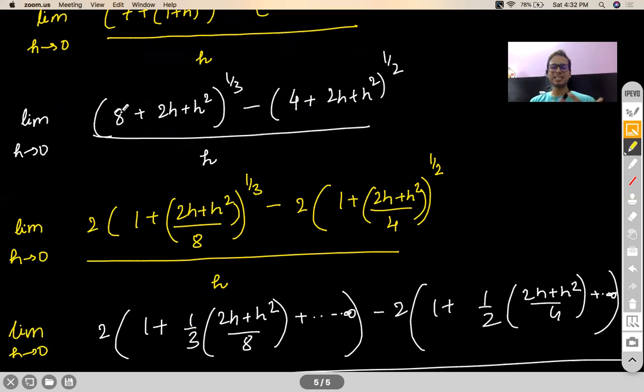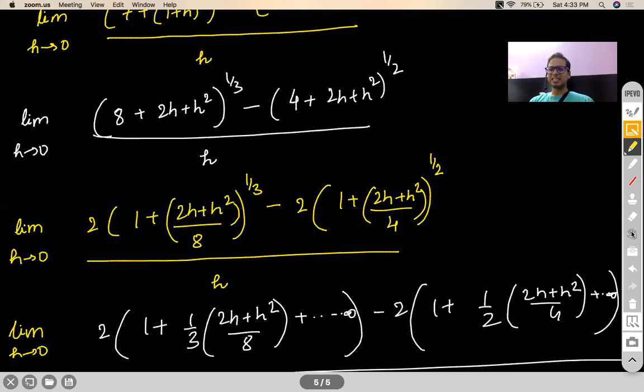Why did I create a 1 first of all? 1 is such a number which you raise to any power, it always gives you a 1. So you can forget about it. If I keep two different terms, I have to see what happens to both the terms when you're raising it to a certain power. If 1 is there, you can be carefree about it. So I took an 8 out, but remember when the 8 comes out, it will come out as 8 to the power 1 by 3. 8 to the power 1 by 3 is a 2. Now this part which I have put in yellow brackets, you treat this as your x in your mind. Think as if you have 1 plus x to the power n, and then apply your binomial expansion.